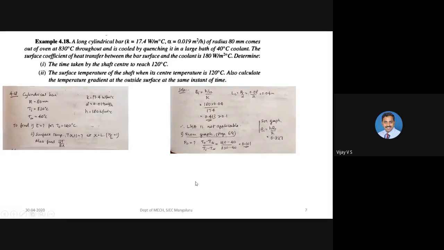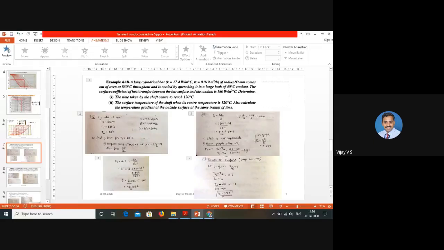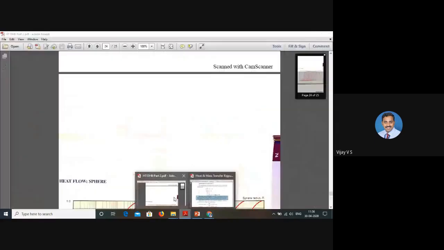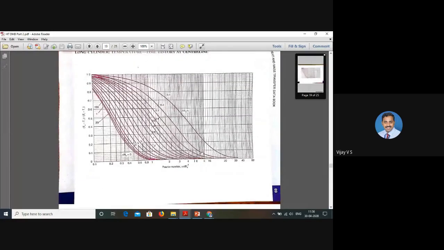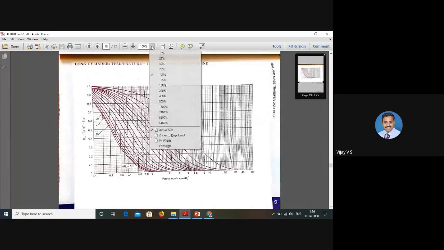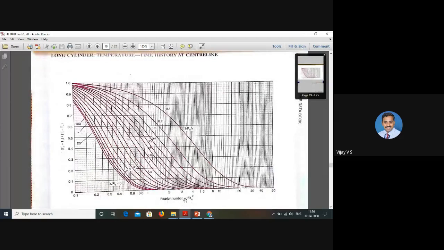If I go to the page number 69, all of you go to the page number 69 graph. Okay, page number 69 now. It's page number 69. Okay, this is the page number 69 graph. So you can see, right? Yes. Now here, this ratio I know it is already 0.1. Correct? No, 0.1. And I know the Biot number as 0.827. This is the 0.8 line. You can hear, right? Is it audible? Yeah. Yes, sir.